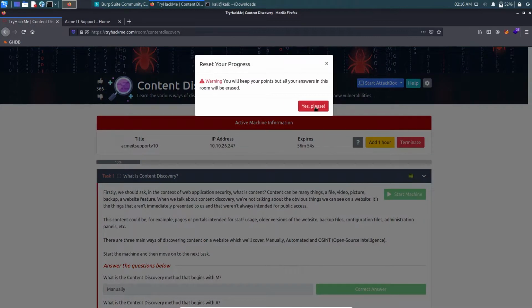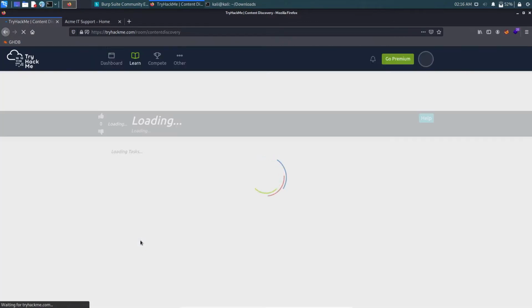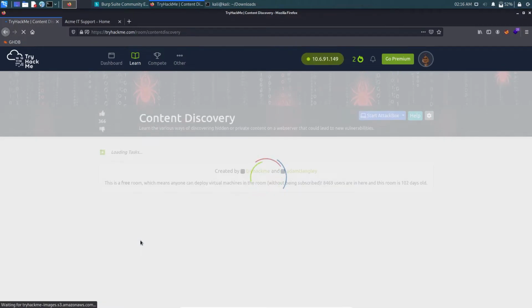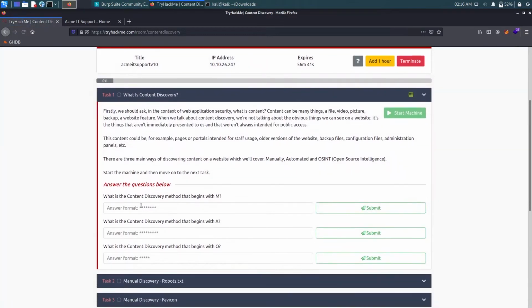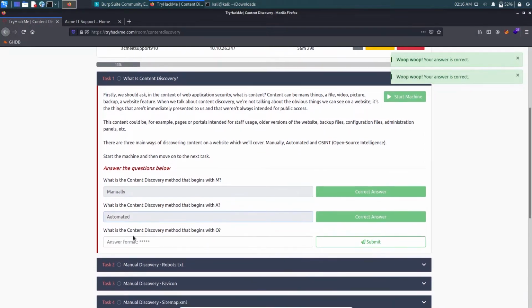Never mind, I will just reset this and write it again. Now the content discovery method that starts with O, that is OSINT,